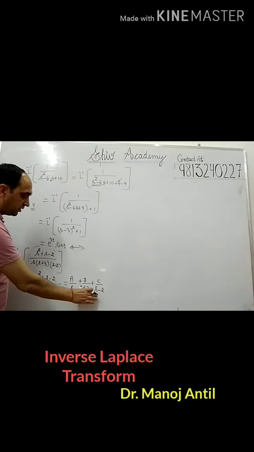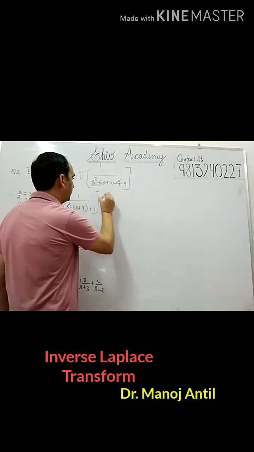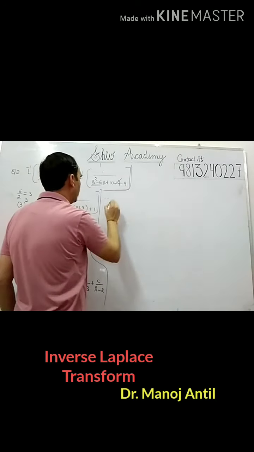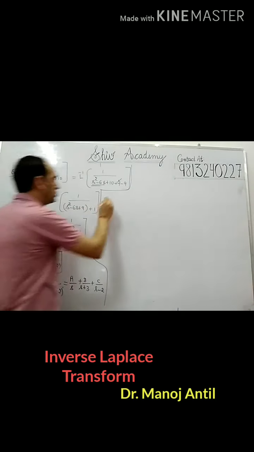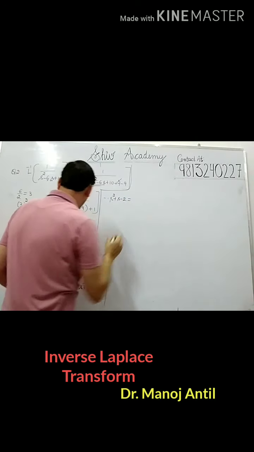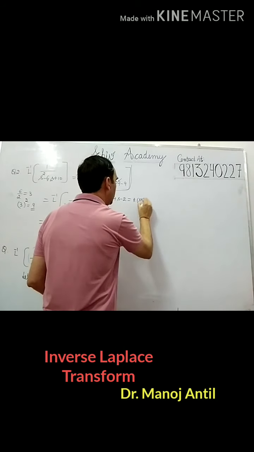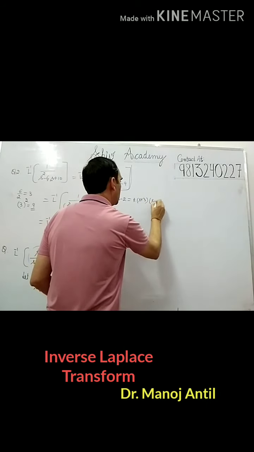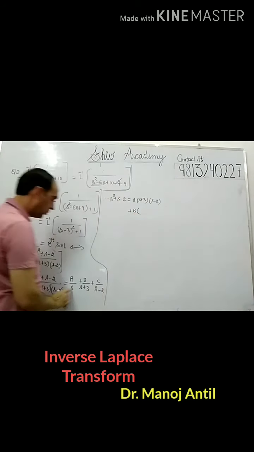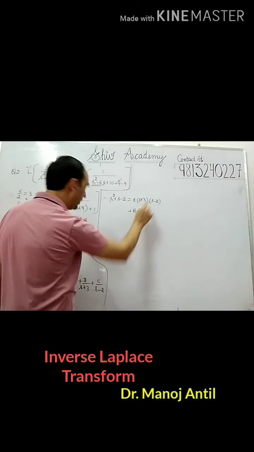So when we take the LCM, on both sides the LCM cancels. So what we get, therefore, is that the numerator was s square plus s minus 2. So we write s square plus s minus 2 equal to a into (s plus 3) into (s minus 2), plus b into... because the LCM was the product of these three terms, s was there, so the product of these two will be multiplied by a.